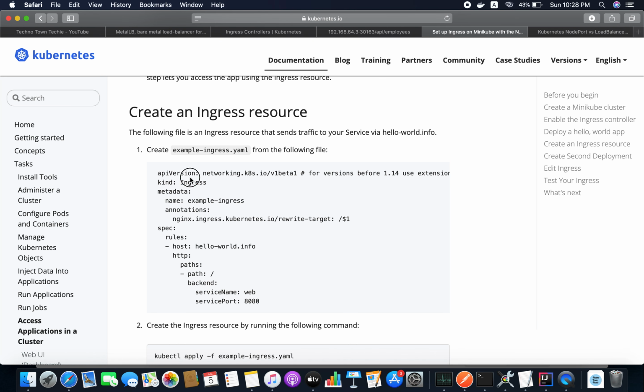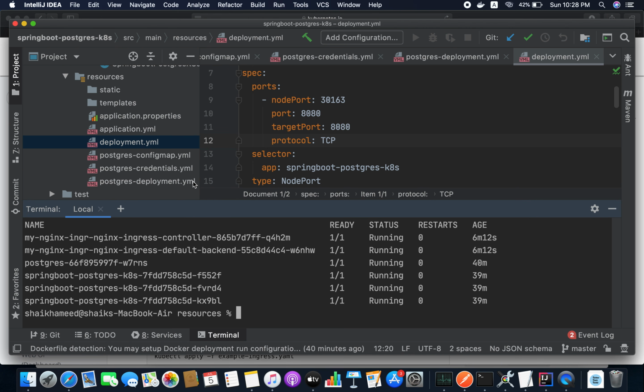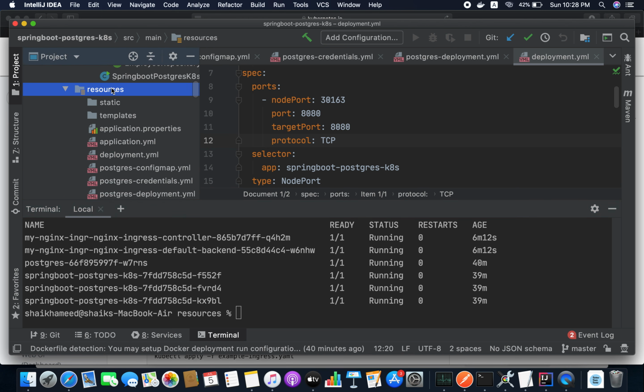Let me create one more YAML file in the resources folder.